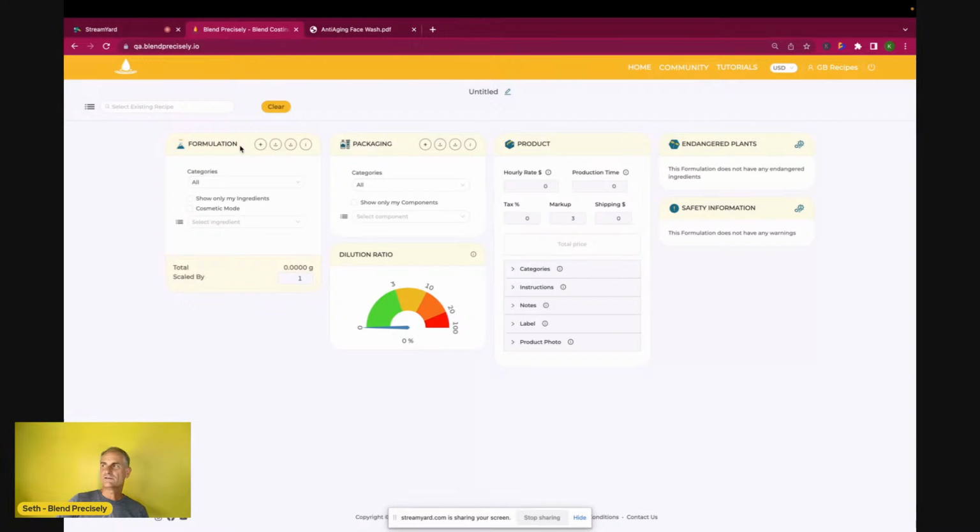Sometimes you want to share a formulation with somebody else you're working with, or if you are a group of people in one small company, you can say, hey, take a look at this recipe and just share it with somebody by email, or if they're in the system, send it within the Blend Precisely app to another user. So that one's intriguing, and I'm not sure how high that is on your list of priorities, but let me know. Number 9,